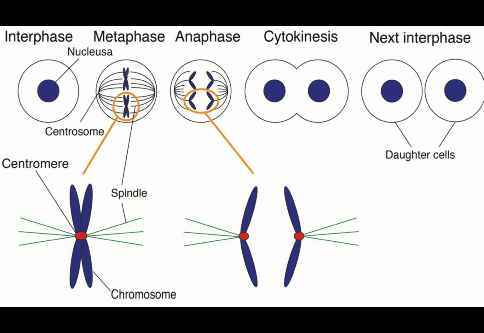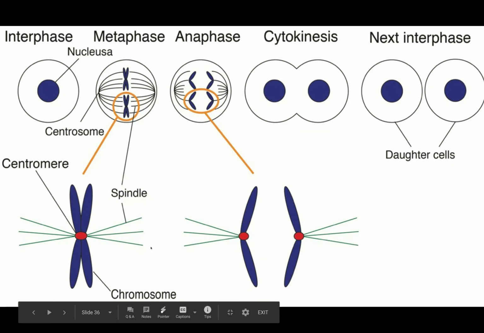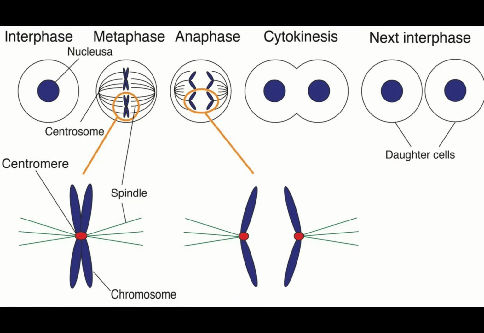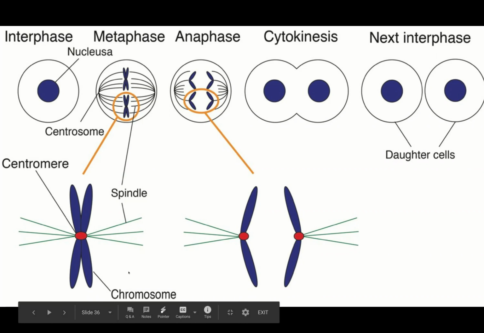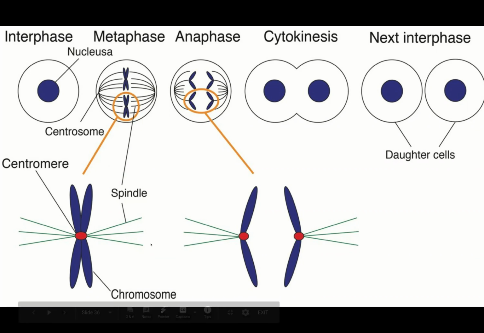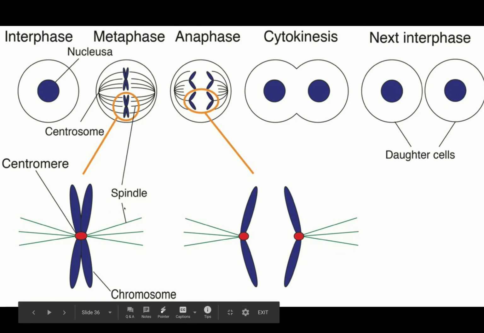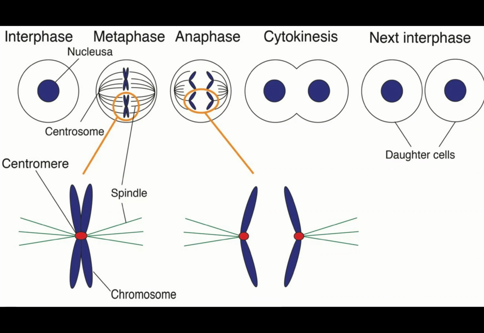So all 23 pairs will line up in the direct center of your cell. And what ends up happening is you have your centrioles, those little organelles I told you about earlier in class that are only found in animal cells, that I told you I'd come back to later. Those centrioles will essentially migrate to the poles of your cells, and they'll extend out these little spindle fibers. These spindle fibers are essentially like your cytoskeleton, little tubules of proteins that extend out. And these centrioles extend out these spindles, attach to your chromosomes, and essentially grab them and pull